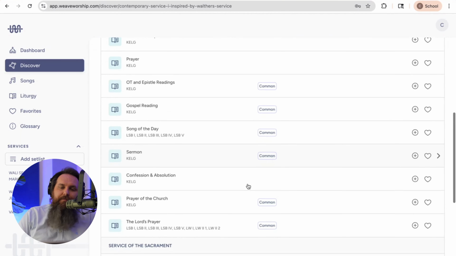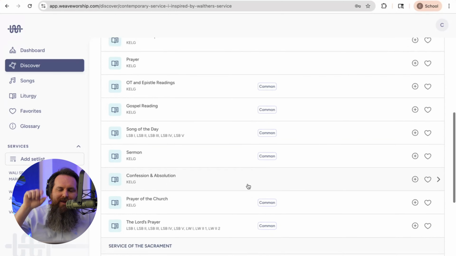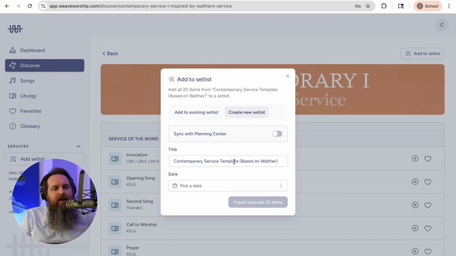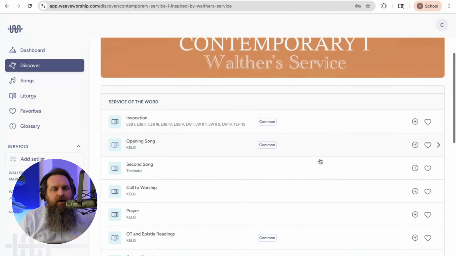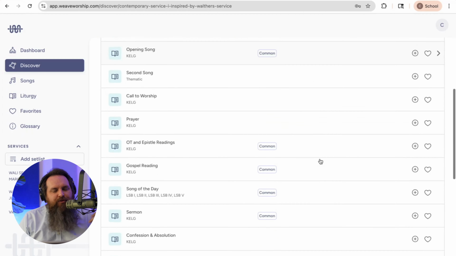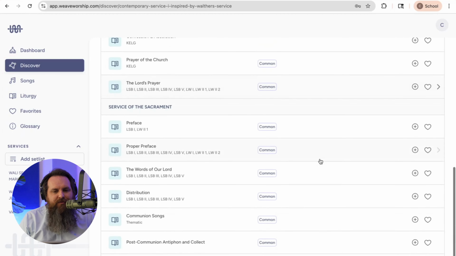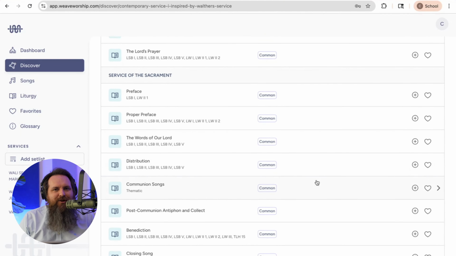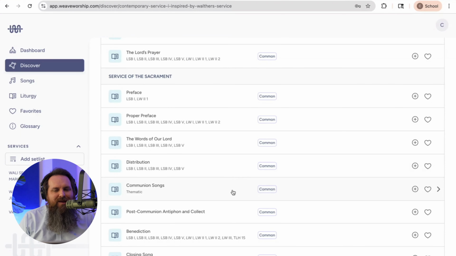Now, what you can do with this template is in the top right, you can click Add a Set List, and it'll add the entire template to a set list you wanted to add it to. And then, if you're using Planning Center, you can push that whole template into Planning Center. All the details will appear. It's pretty cool. So that's how that works. It's drawing from both the songs and the liturgies in our database. And it's almost like a little mini Planning Center service that you can push over,